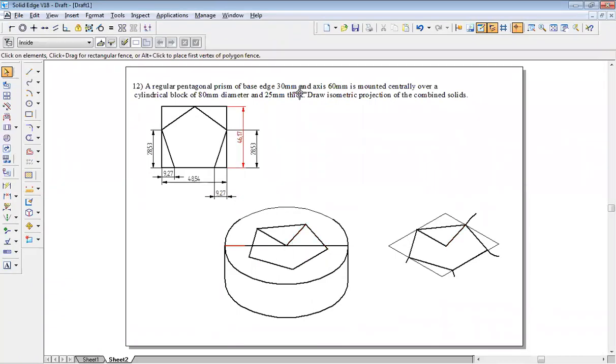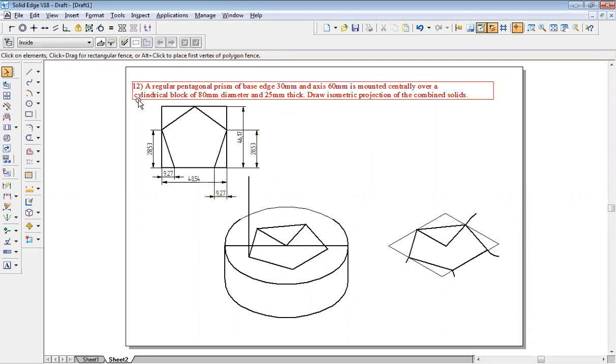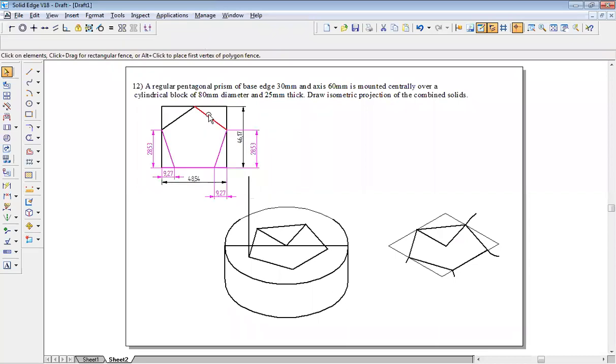Then axis length is how much? It is 60. So from here, draw one line to a length of 60 and keep the top face pentagon. Just a minute.